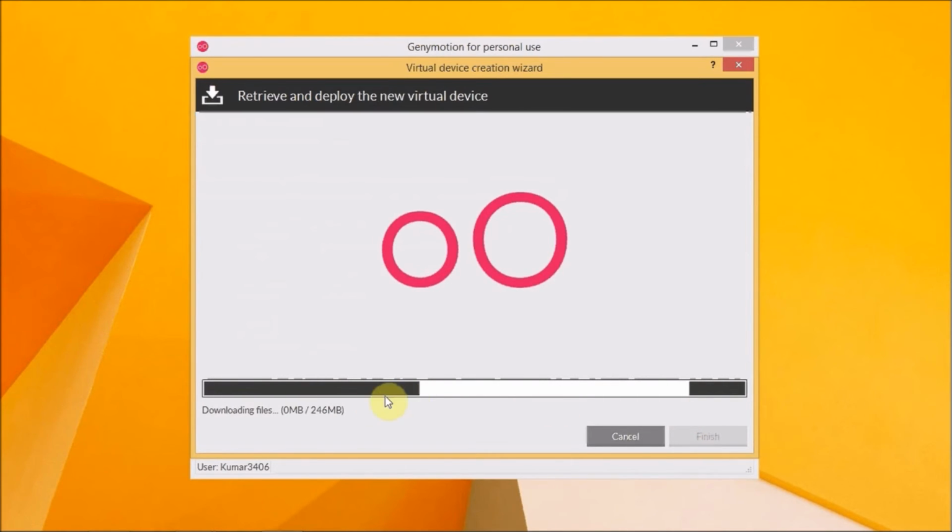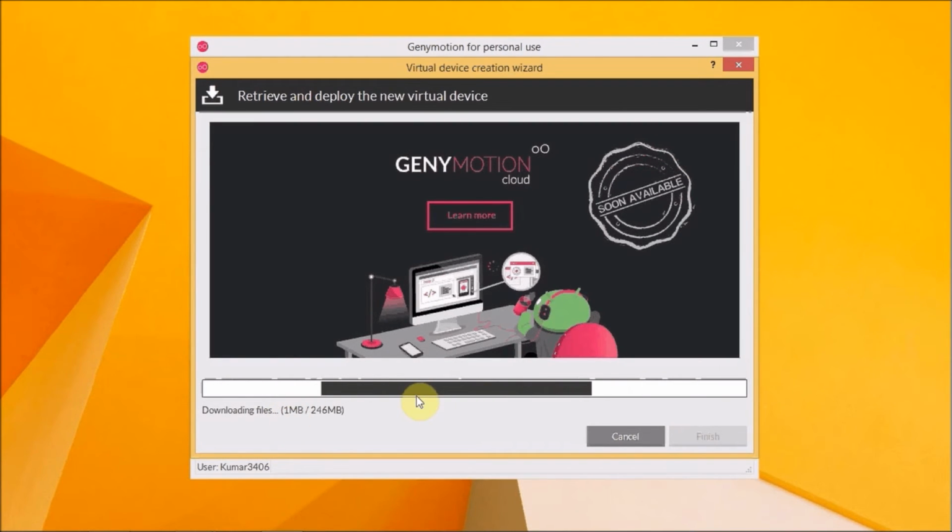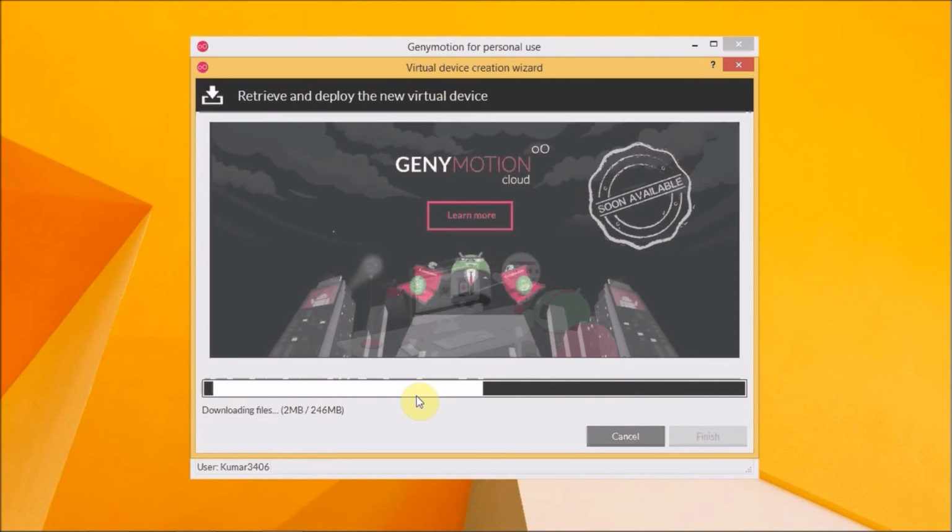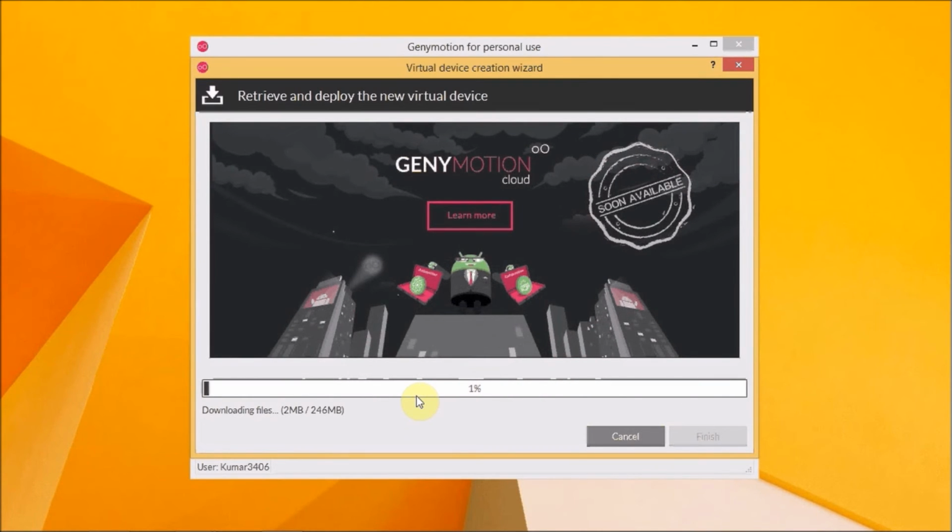It takes 246 MB like this. It takes some while for installation of the emulator on the back end. It takes up to 15 to 20 minutes for this. I'll continue the video session.